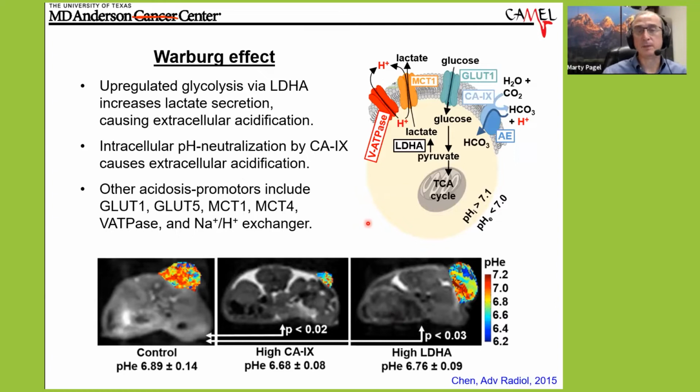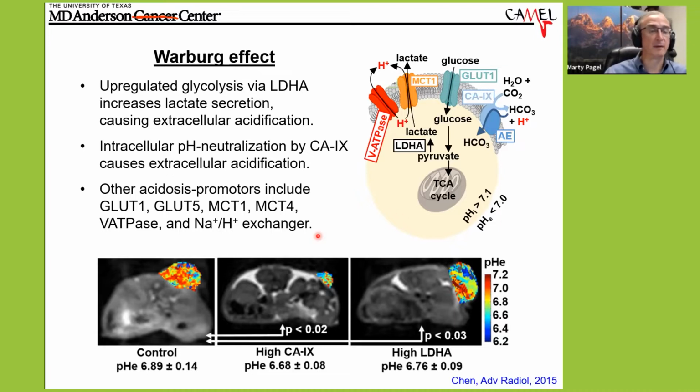And with regard to pH, I think many of us are familiar with the Warburg effect, where glucose is processed into lactic acid, which then gets secreted from a tumor cell, or there can be compensatory mechanisms that neutralize the lactic acid inside the cell, which causes extracellular acidification. In either case, the extracellular microenvironment can be below a pH of 7.0, and that's been shown with a number